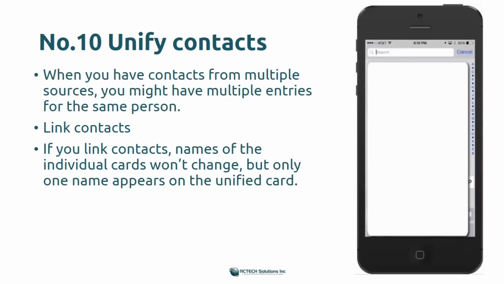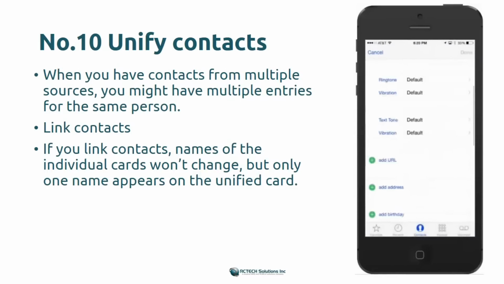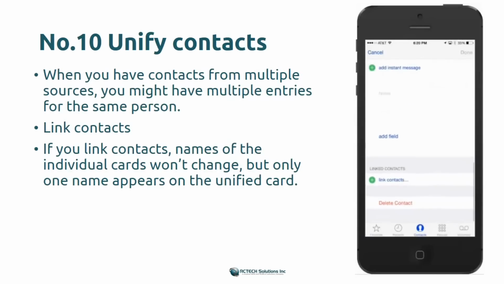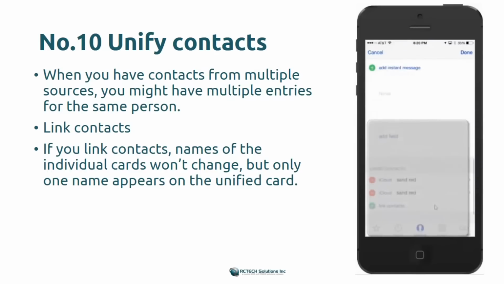I know a couple of my friends entered duplicates, so you see the Sam entries in red. Click on one of the duplicates, go to edit, then there is something called link contacts. Click on link contacts, then choose the one that you want, link it,